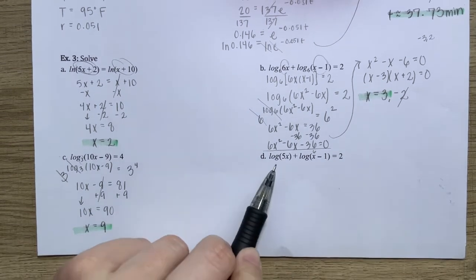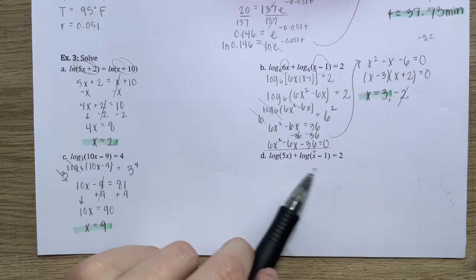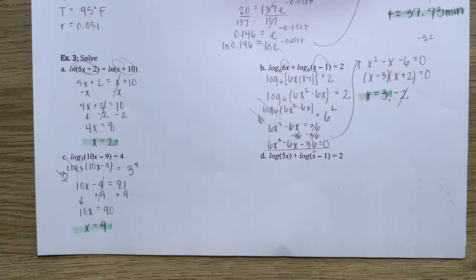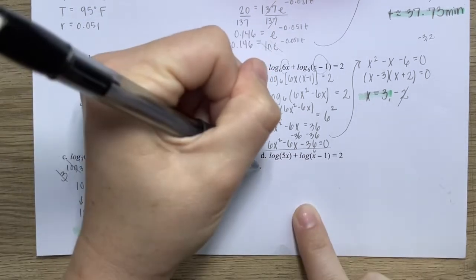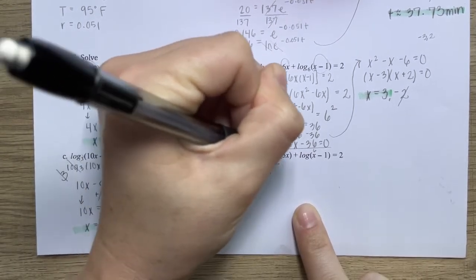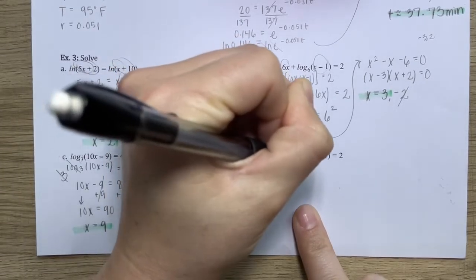And then for D, log of 5x plus log of x minus 1 equals 2. So both are common logs, both have the same base. So that means that we can condense this using the product property. So I can condense it into log of 5x times x minus 1